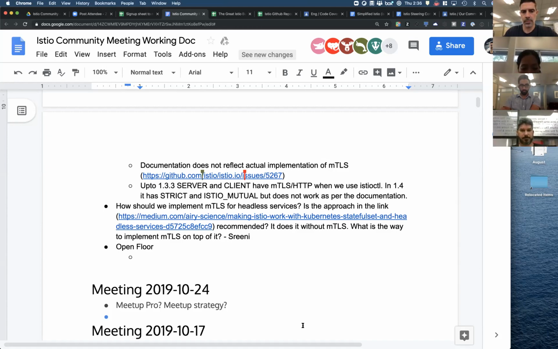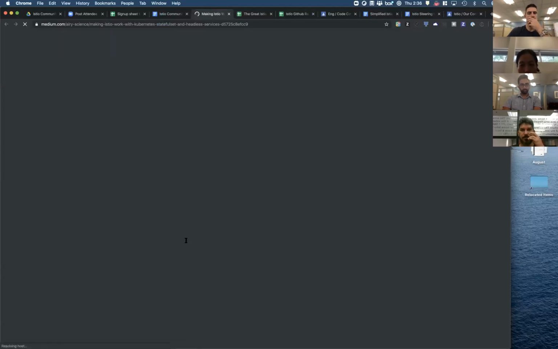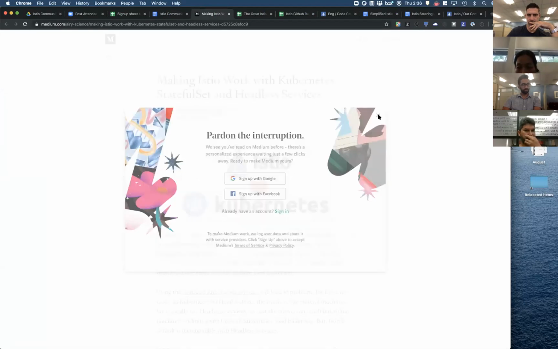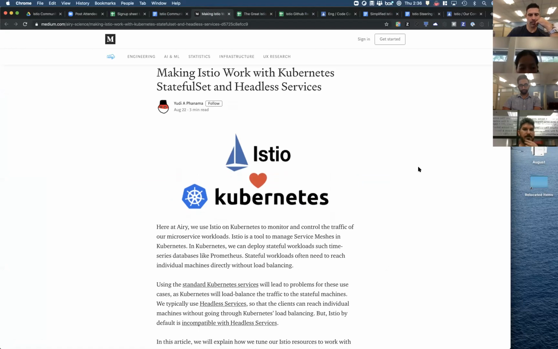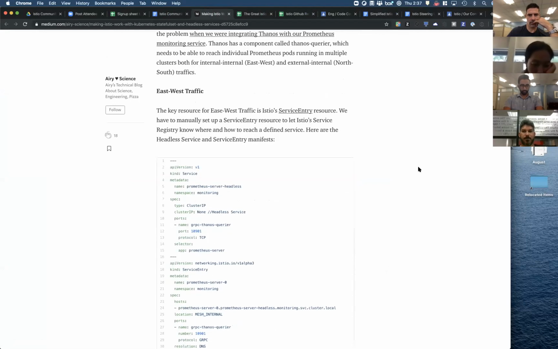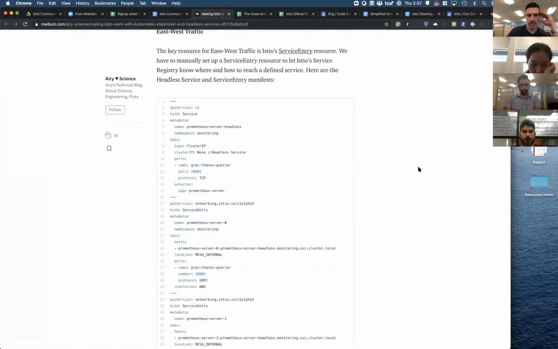Okay, and the next item which I had is, I'm trying to get MTLS working for a headless service, and I'm following this documentation. I couldn't find any other appropriate documentation, because as per this documentation, we need to create a service entry for the headless service, which is a specific pod IP, and then also create an HTTP gateway, and we can access the